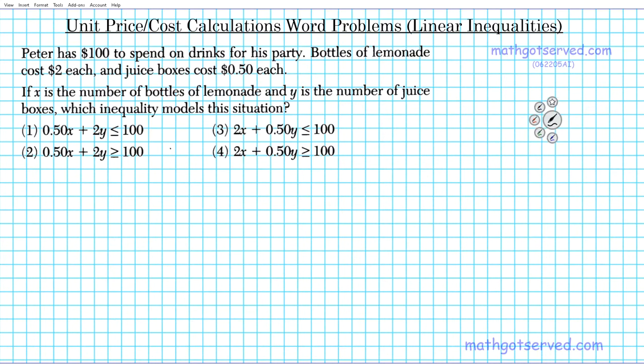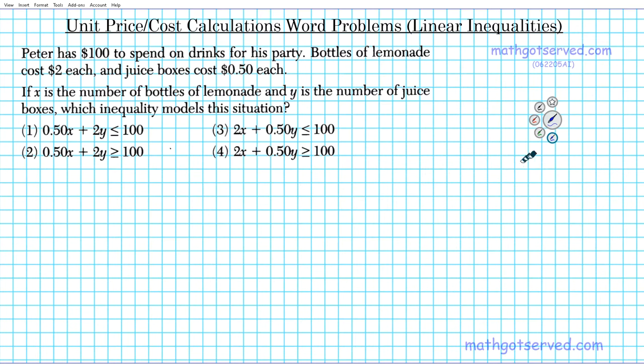In this clip, we're going to be taking a look at unit price/cost calculations presented in word problems format. We're going to be generating a linear inequality as our solution. The question reads, Peter has $100 to spend on drinks for his party. Bottles of lemonade cost $2 each, and juice boxes cost 50 cents each. Question: if X is the number of boxes of lemonade and Y is the number of juice boxes, which inequality